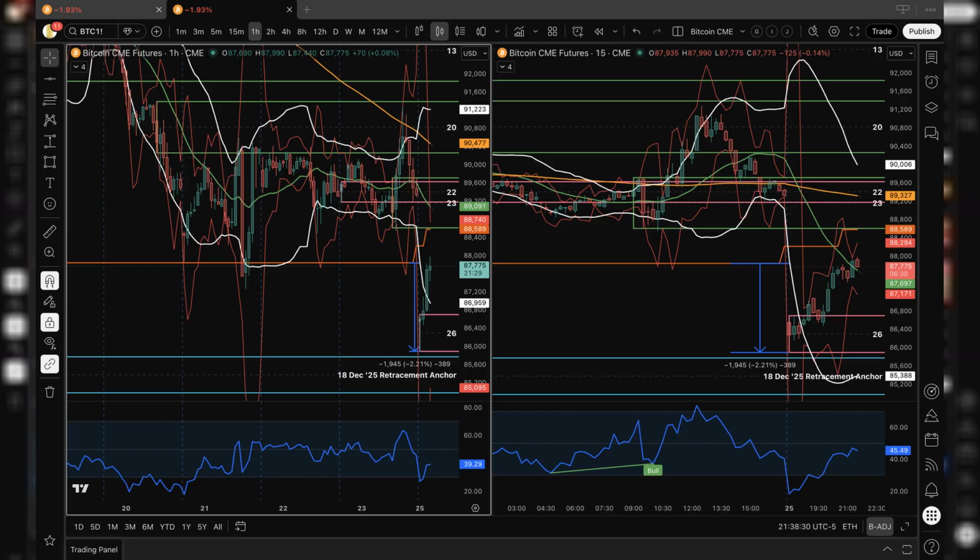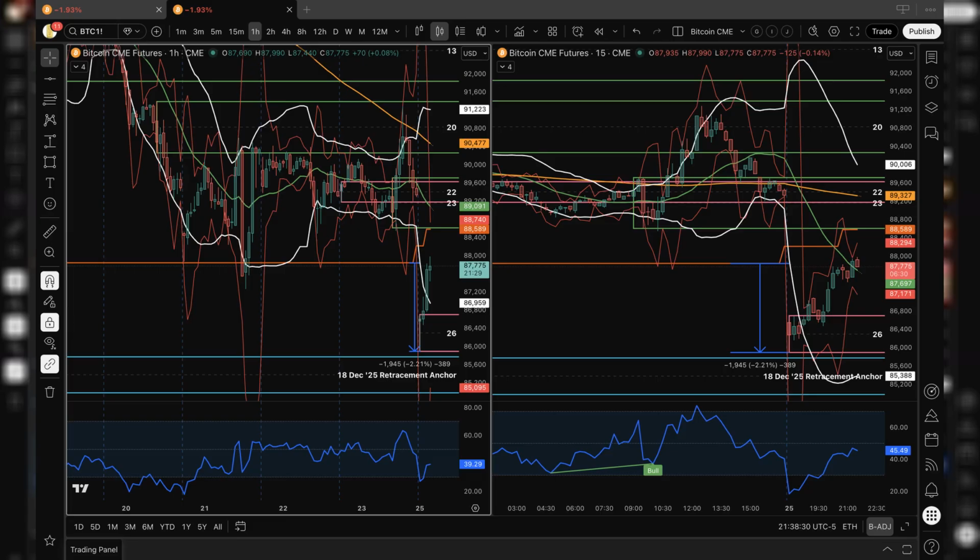To understand today's movement, it is important to begin with the higher time frame environment that price was already operating within before the Asia session began. On the weekly chart, the 120-period moving average has remained a dominant structural reference for an extended period of time. Price has approached this level repeatedly in the past, often slowing down, rotating, or compressing around it rather than moving